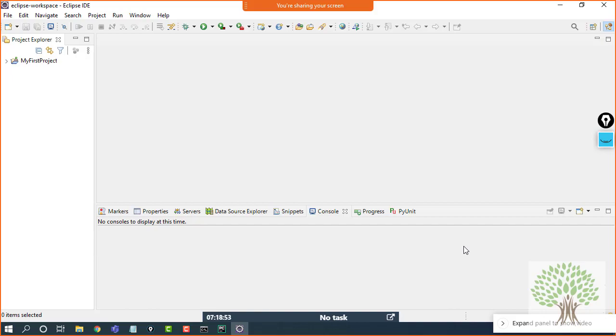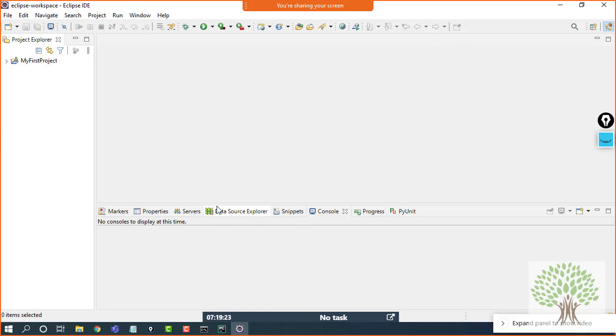After that, in between the installation, it's going to give you a warning as well that the plugin you are using is not authorized by Eclipse. Do you still want to continue or not? So if you want to work with Eclipse using Python, just click on install anyway and let the process complete. Once the installation is completed, Eclipse will ask you to restart so that the changes can be applied.